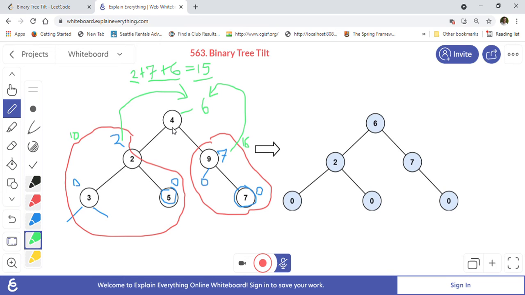Now when you are looking at the root node 4, you will calculate 10, 16, absolute difference is 6. So 6 plus you have to add these 2 and 7, because those are the tilts for its subtrees. So you add those into this 6 to get that 15, right? So that is how the binary tree tilt is calculated.